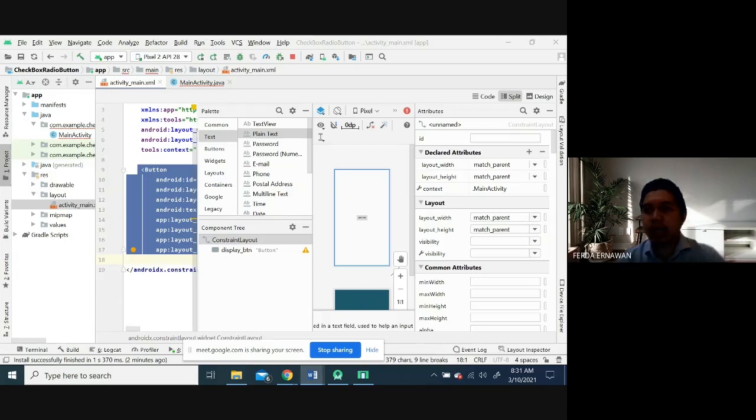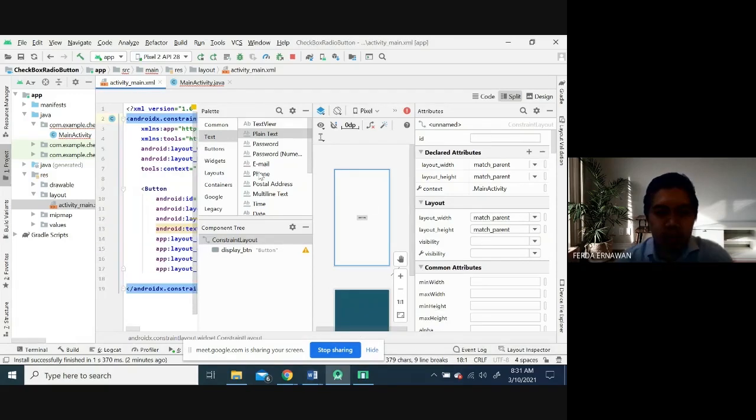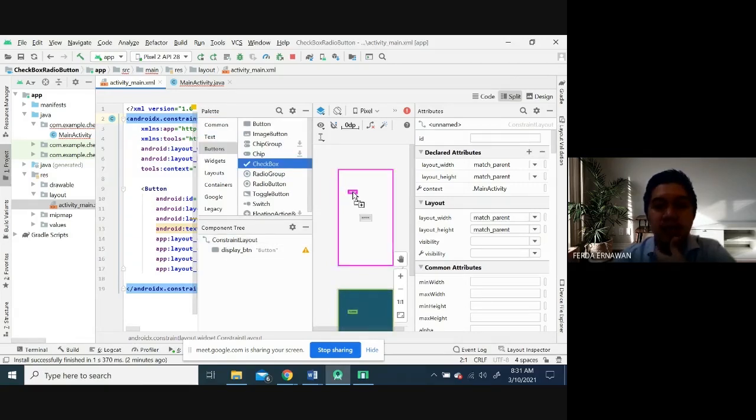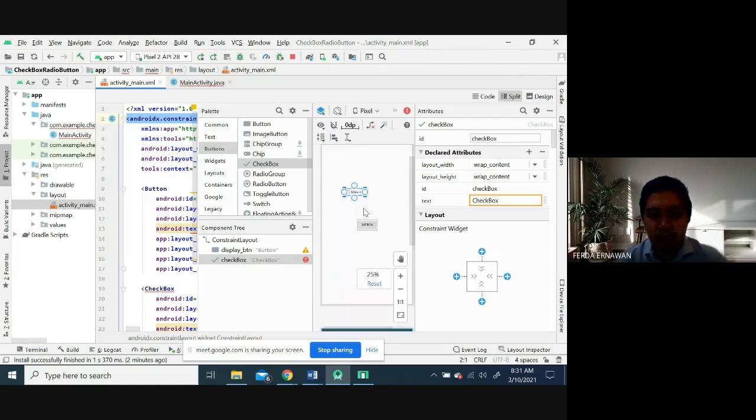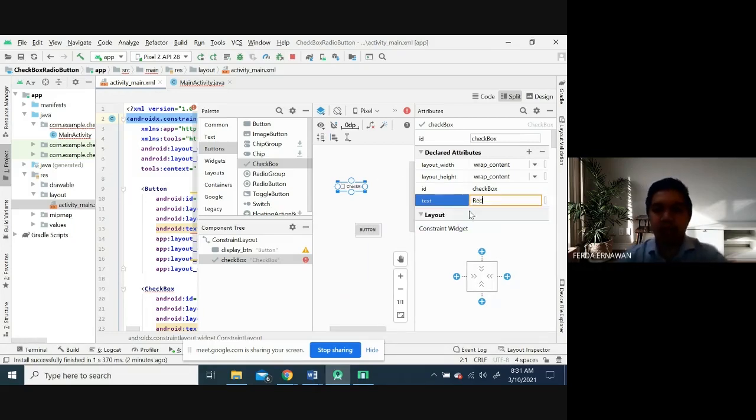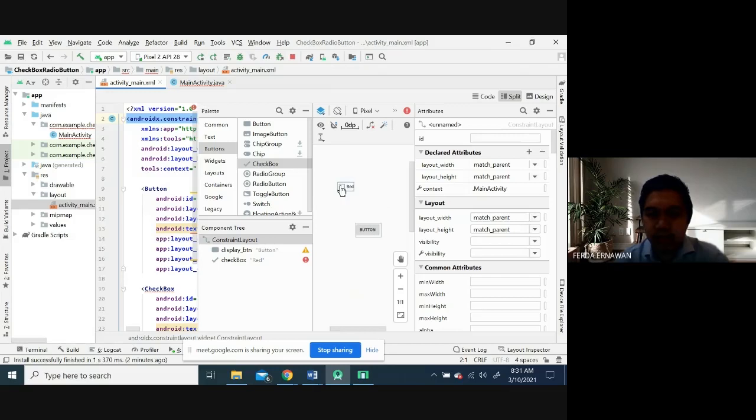Next one, I am going to show you the checkbox. Click button, checkbox here, because we discussed it yesterday. Let's say the text here I change into red. The text of the checkbox is red. And then this is the button.